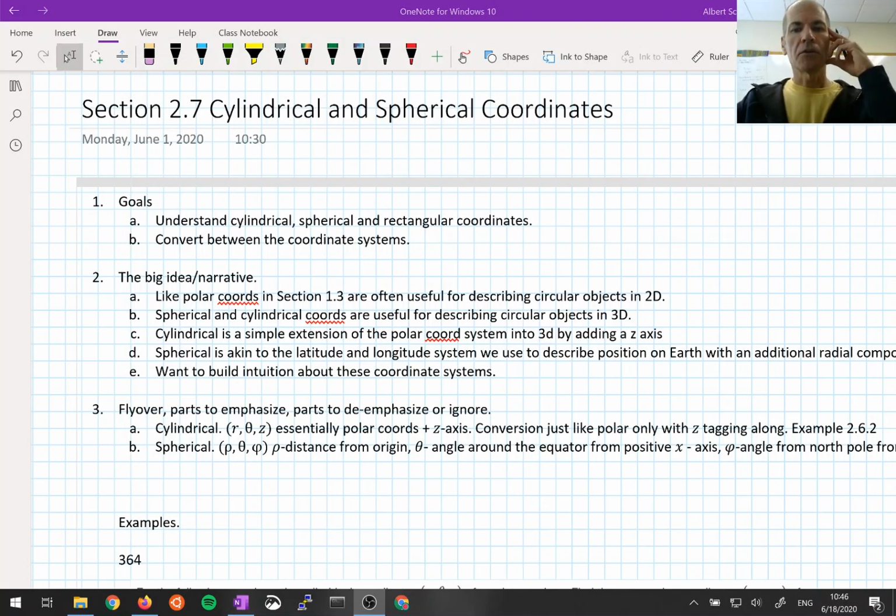All right, let's talk about cylindrical and spherical coordinates. This is section 2.7. Mostly we're looking for you to understand the cylindrical, spherical, and rectangular coordinates and how to move between them. What do I mean by understand? I just mean that you can do the trigonometry required to plot and convert these coordinates from one